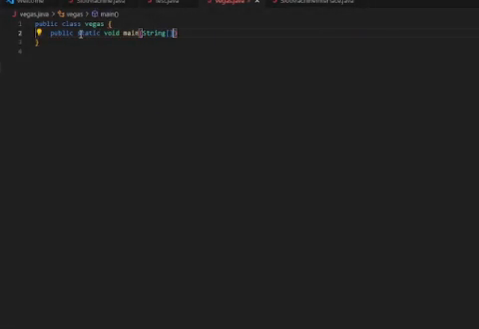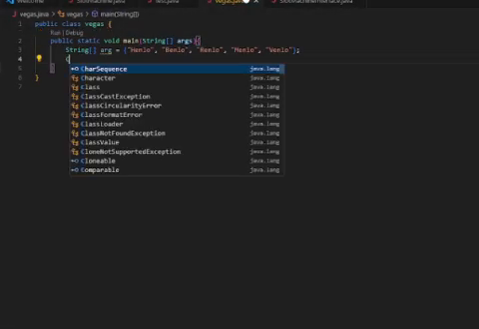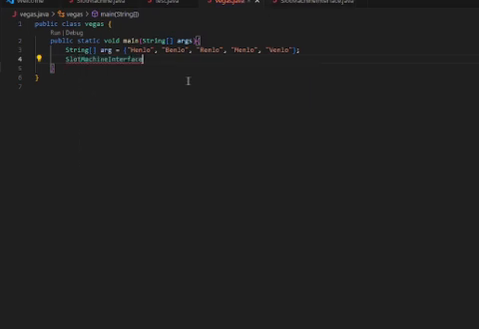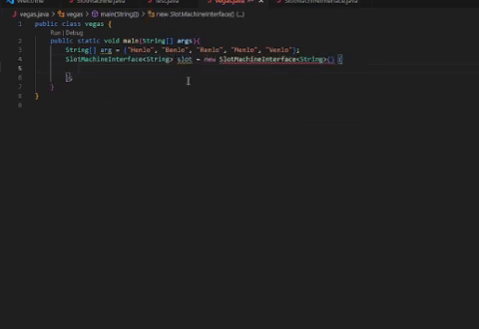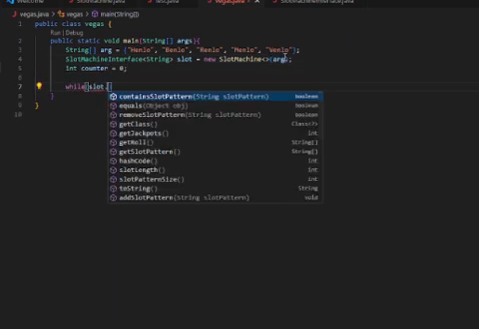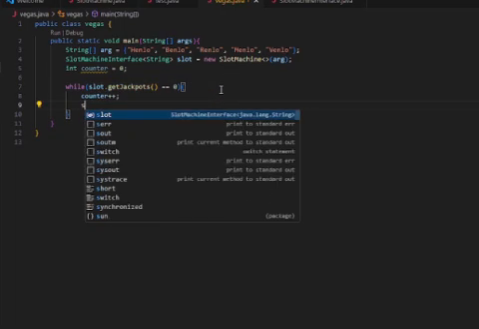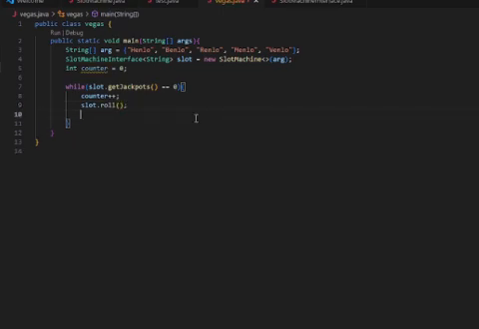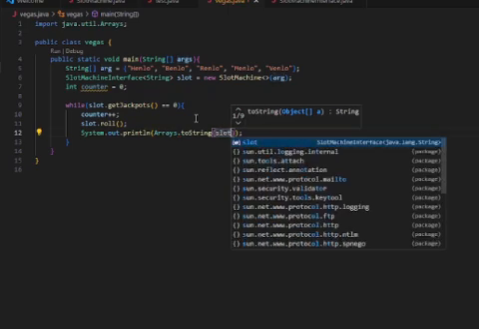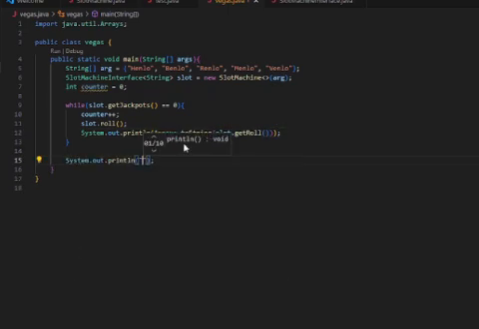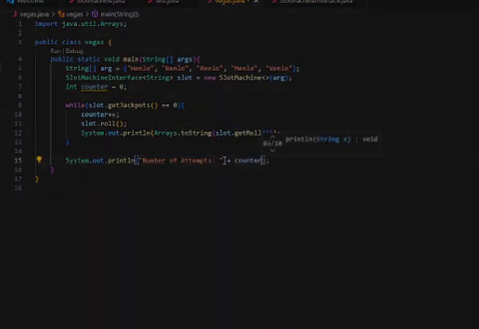Under public static void main string args, I have created a new string array with 3 objects inside which I will initialize using. After initializing, we create a counter and a while loop. We keep on looping until we get a jackpot. While this loop is running, we will increment our counter, reroll using our roll function, and display the reroll. When the loop is finished, the program will print the amount of times we looped using our counter variable. For those who didn't get what I demonstrated, here is a diagram.